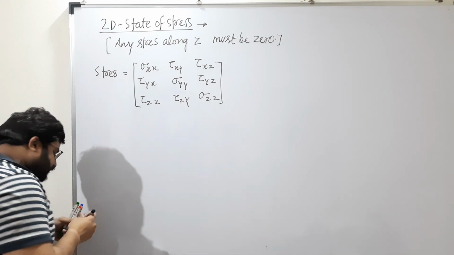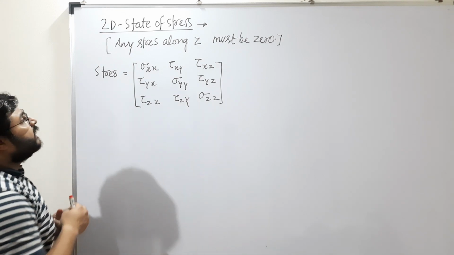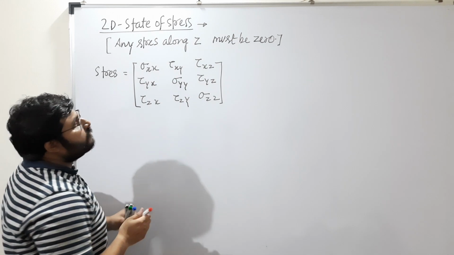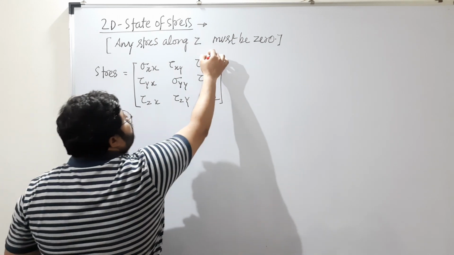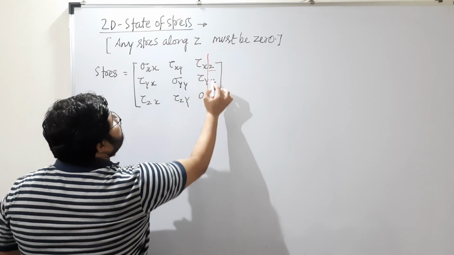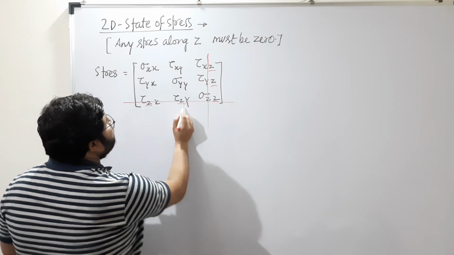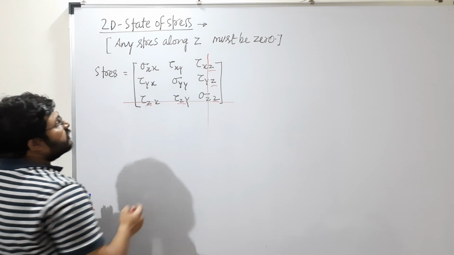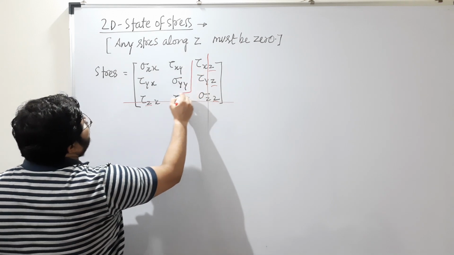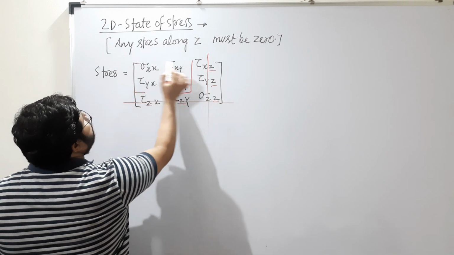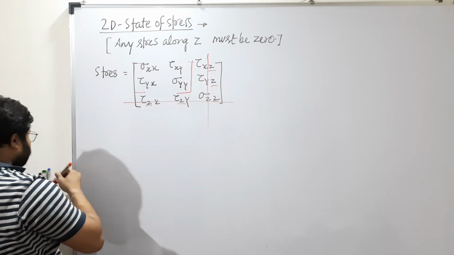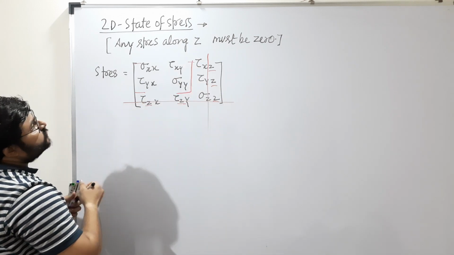So any term which contains z, you need to remove, because here it is z, z and z, and this term also because z, z. If these terms are gone, this will be your